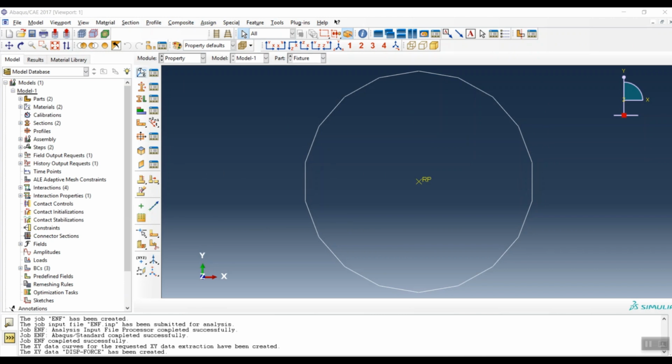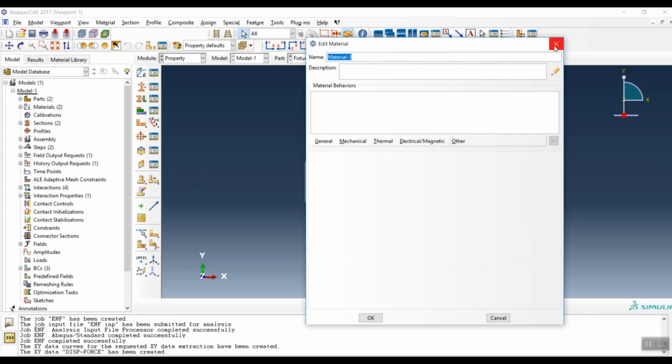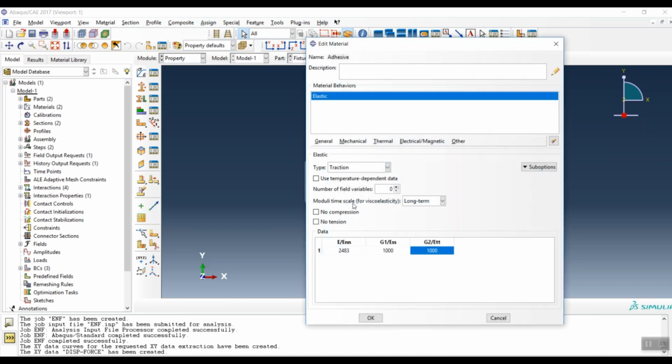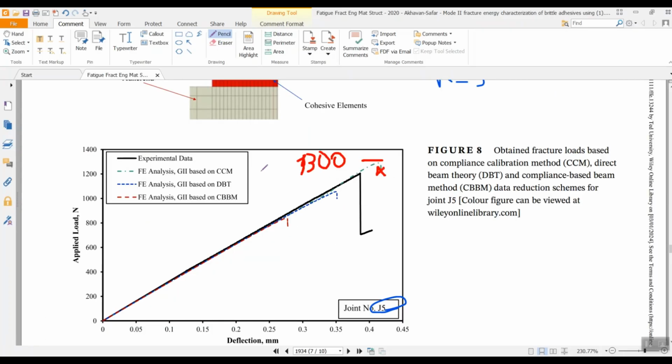Also, we have to add the damage properties. Choose the adhesive again. Now we have to insert the damage properties of the adhesive. So if you go to the article,